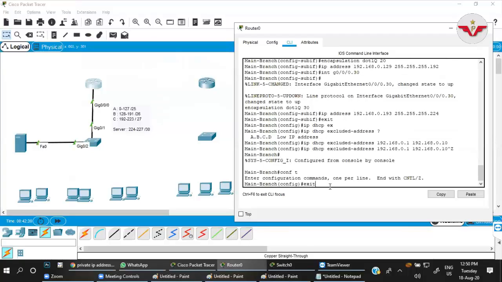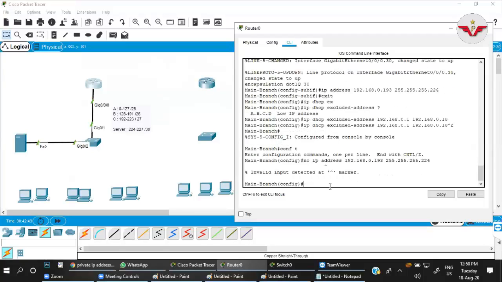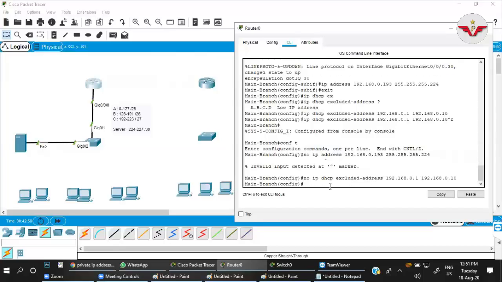That's it: no ip dhcp excluded-address. Whenever you want to remove any entry or configuration, the simple command is no.